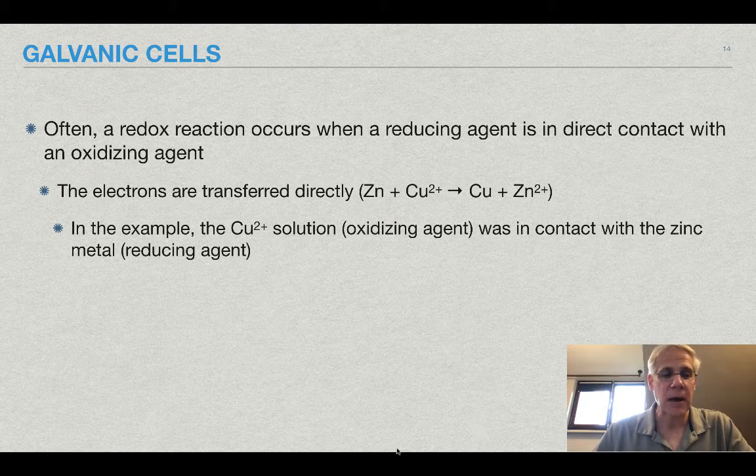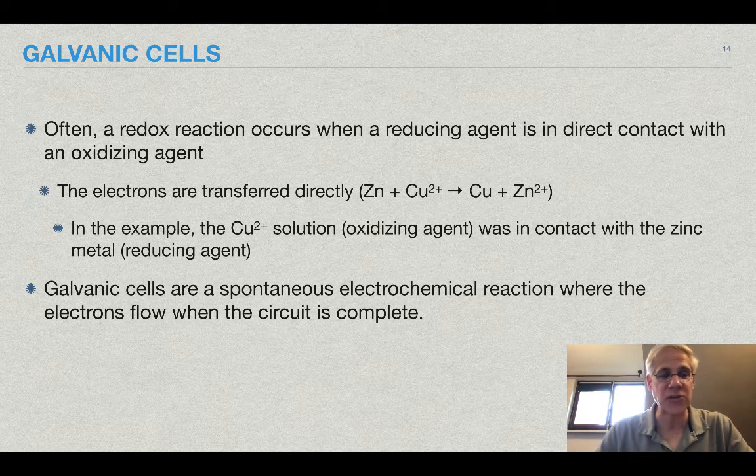So anyways, back to this one. So when we have our two agents in contact with each other, those electrons are transferred spontaneously and very quickly from one atom to another. Now, if we look at our common batteries, they're actually descendants of galvanic cells. And our galvanic cells are a spontaneous electrochemical reaction where the electrons flow once we have a complete circuit. So just like you think of a complete electrical circuit, the same holds true here. You have to have a flow of charge in order for a circuit to be closed and